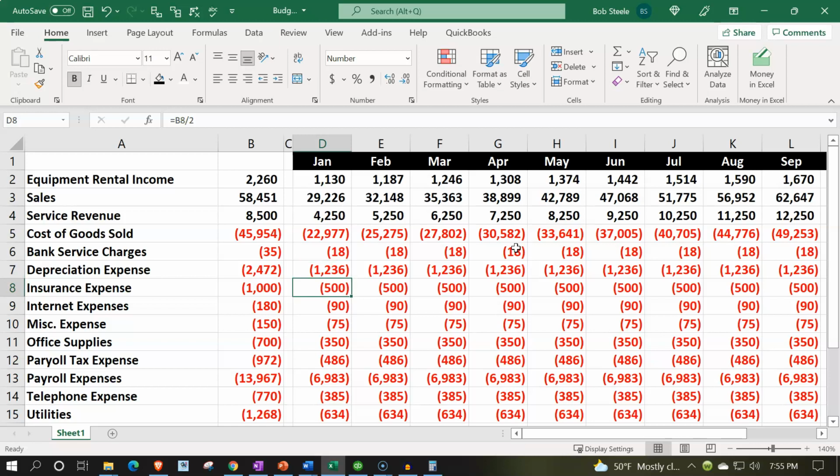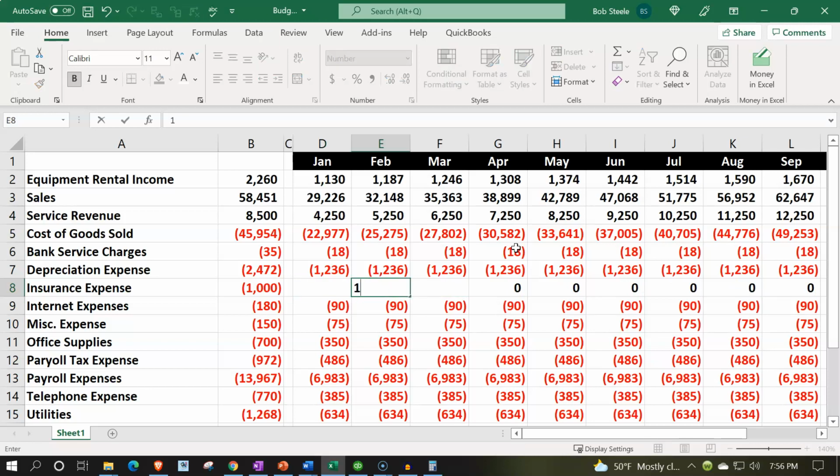The insurance expense, if we're on an accrual basis, you would expect it to be somewhat similar going across. If you're on a cash basis, then you might only pay the insurance once or twice a year, and therefore you might then have a difference in when you're going to be putting your insurance in place. So if it was a cash basis, let's just pretend here, I might say, yeah, I got one and we paid it, I think it was in February, negative 1,000, and then you might have this big stagger thing happening